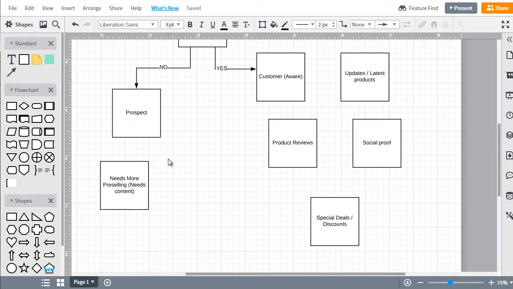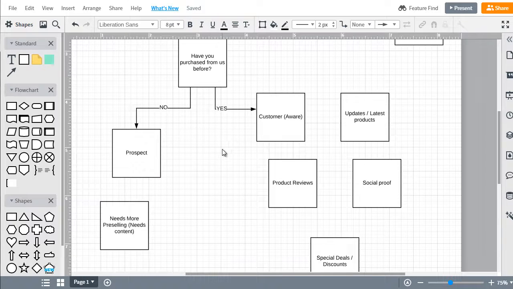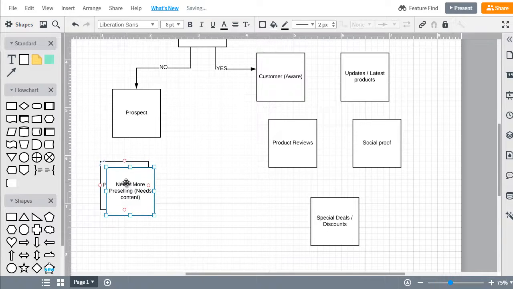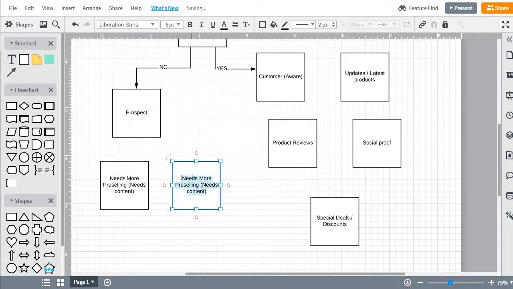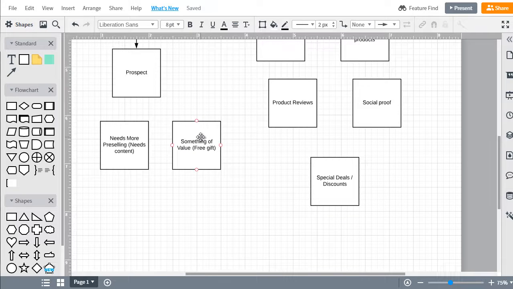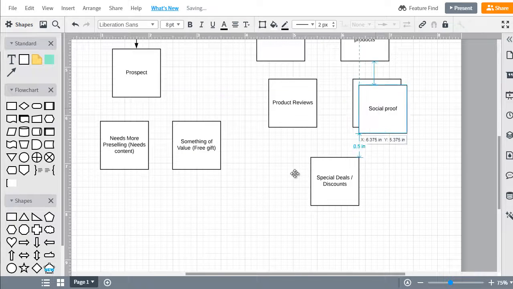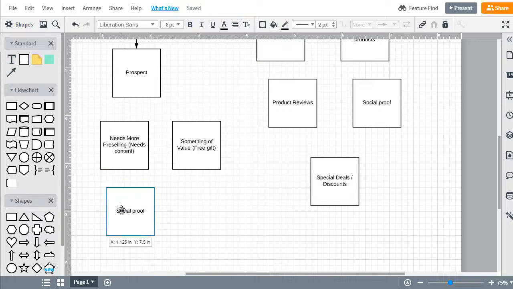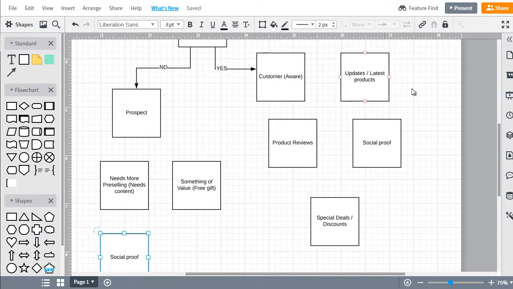Before they sign up as a lead, maybe they need something of value, like a free gift. They're also going to need to have social proof. That's definitely something that would help. They definitely would need product reviews and other deals and all of that as well.